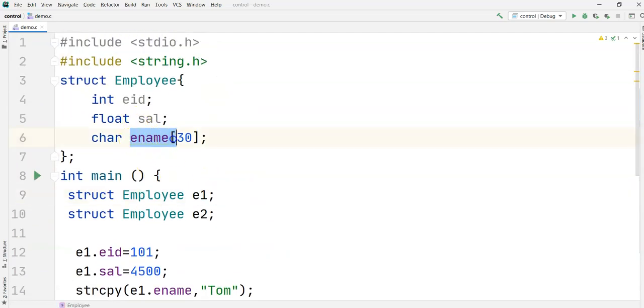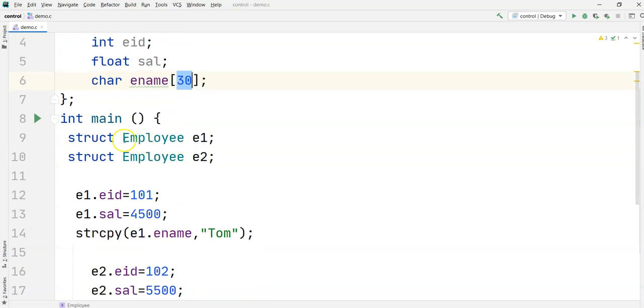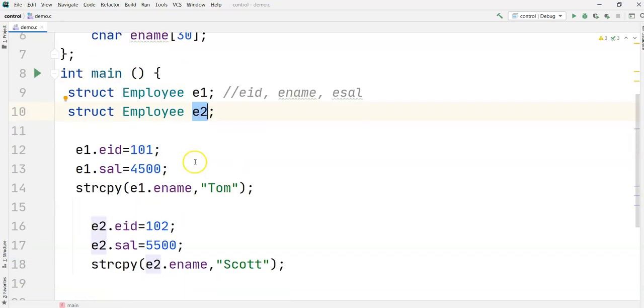When you define ename, it is a character type which is storing 30 characters. Now we need to understand struct employee. E1 is an employee variable which is storing the employee ID, employee name, and employee salary. This is the combination of different data types you are storing in an employee structure. Similarly E2 stores the same structure.